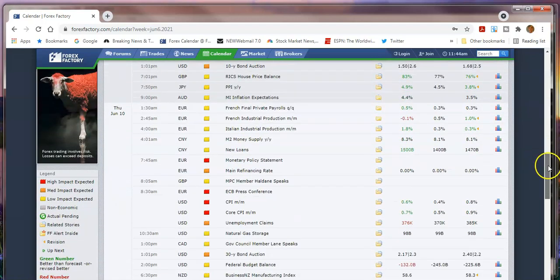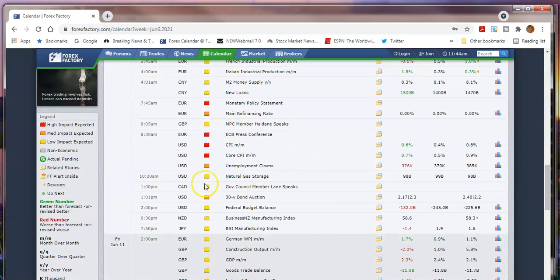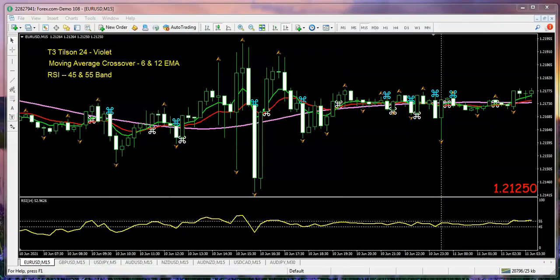But in any event, then Thursday, notice there's the ECB press conference, and there's the monetary policy statement and the refinancing rate, which was no surprise. It was left at 0, but the fireworks start up in this area here about 8:30 in the morning East Coast time. Okay, so now that we know those things are causing this volatility,